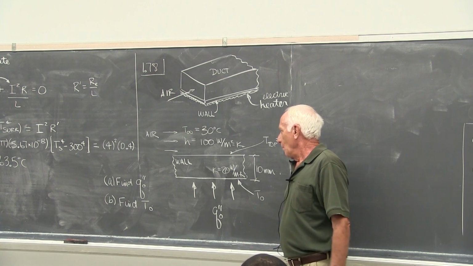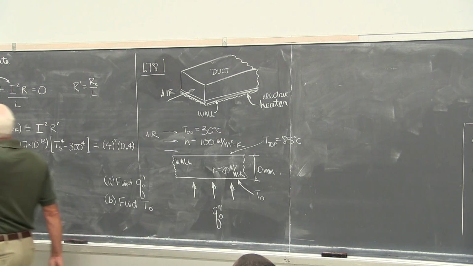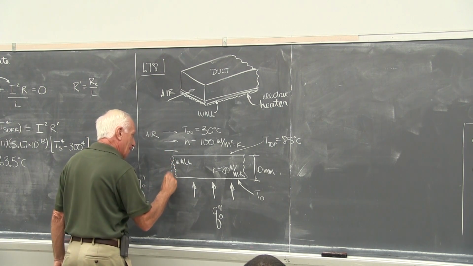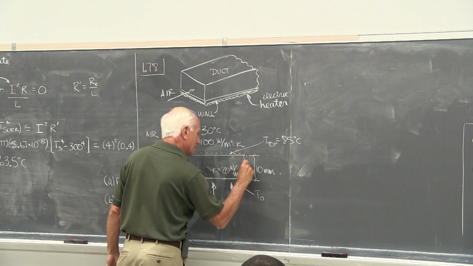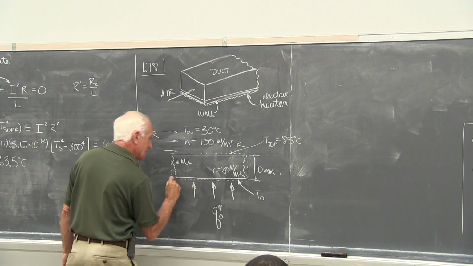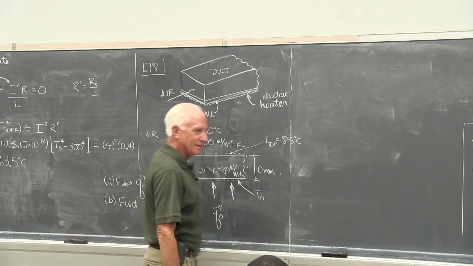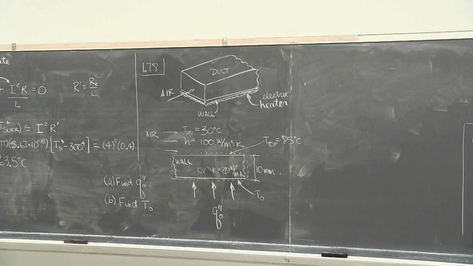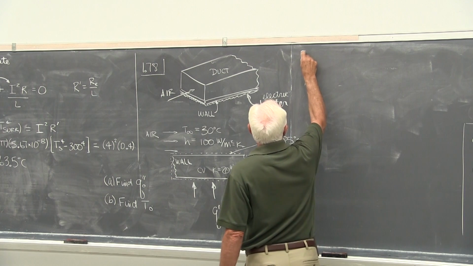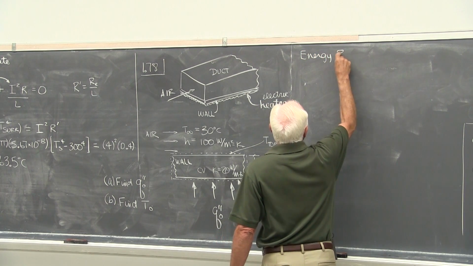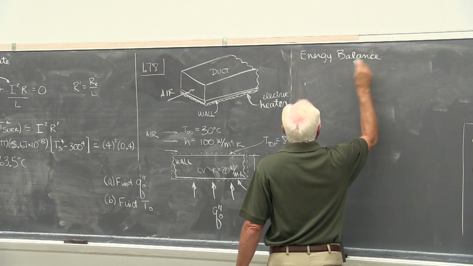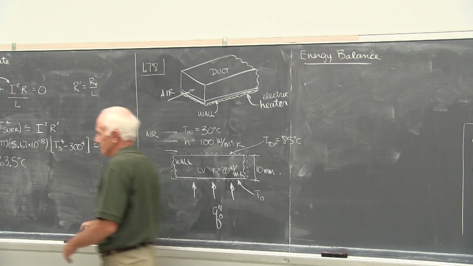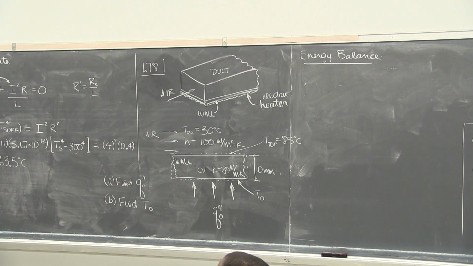Okay. Well, we'll start off like we do over here. Draw a control volume around what's interesting to you. The wall's interesting to me. Everything inside the dashed lines is the control volume. The dashed line is the control surface. There's the equation. Okay. Energy balance. You know what? I'm going to do it over here because I need more space.